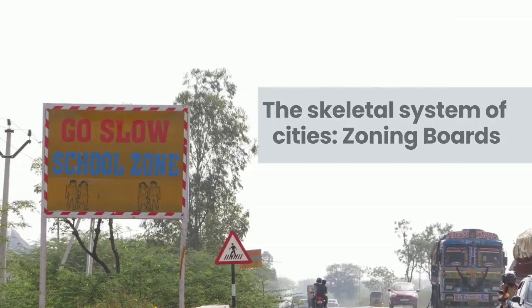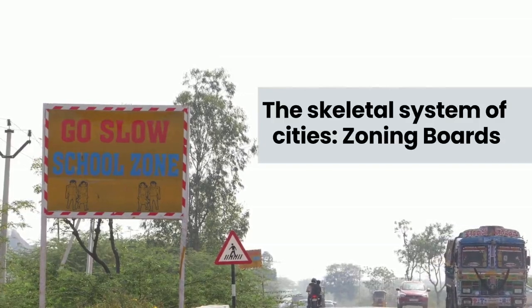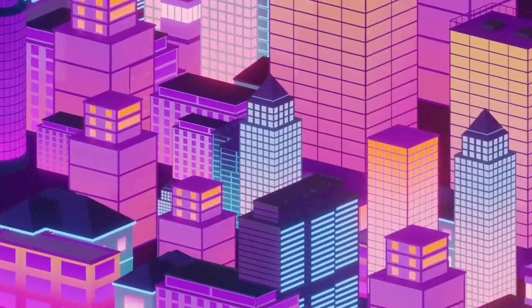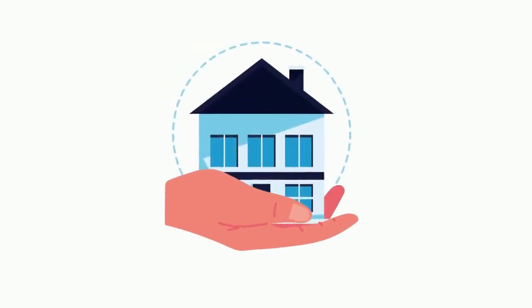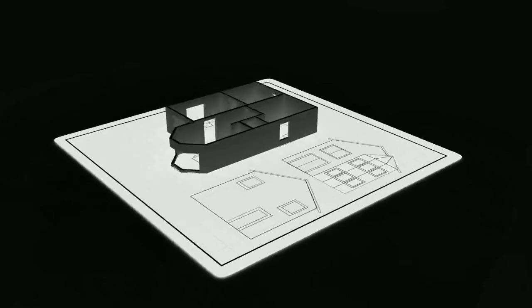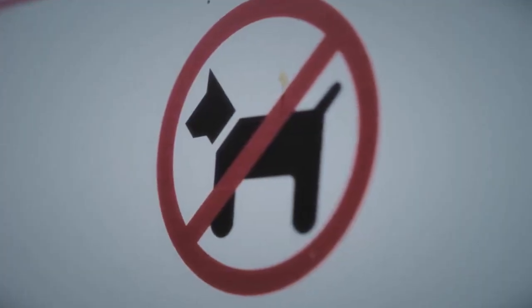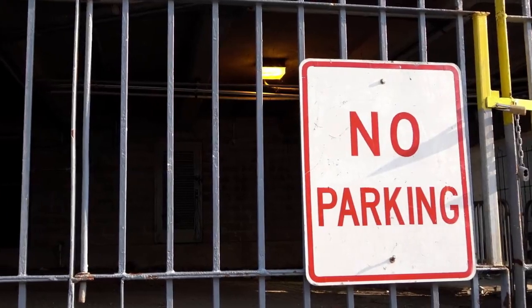Zoning boards, another significant local player, dictate urban development. Zoning boards play a critical role in shaping the use of land within a community, determining what types of structures and businesses can exist in certain areas. Their decisions directly influence the character of neighborhoods, the value of properties, and the quality of life for residents. However, these regulations can also limit how property owners use their land, balancing individual property rights with the broader community's interests and vision.